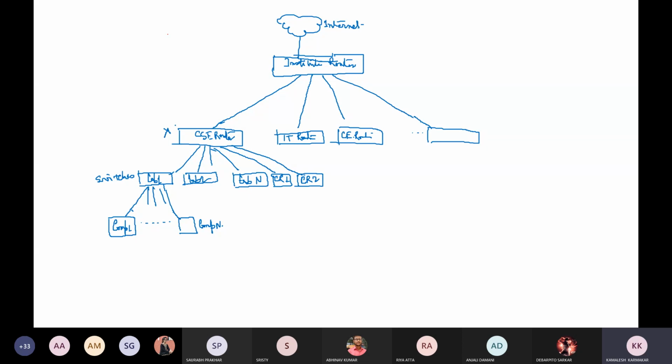So you have learned it in data structures that if you have a tree and if you delete any intermediate node without establishing a new connection, then all the nodes that were children of this node will be disconnected. So from our tree structure, if we delete a node from an intermediate position, then all the nodes of this subtree will be deleted. So they will lose their internet connectivity.